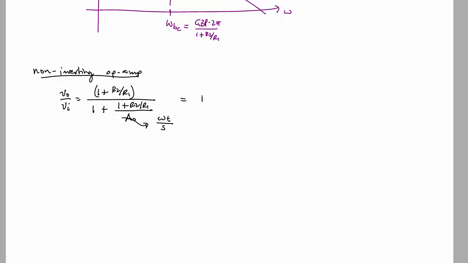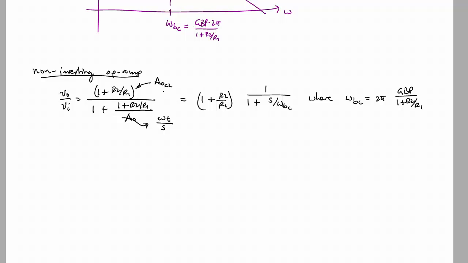So we'll write this out as 1 plus R2 over R1 times the quantity 1 over 1 plus, and we will see that again we have an S over omega BC, where omega BC is equal to 2 pi times the gain bandwidth product divided by 1 plus R2 over R1. Now if we call this the closed loop AO closed loop